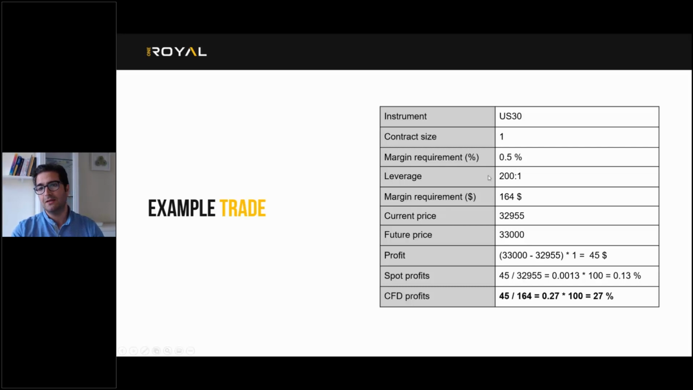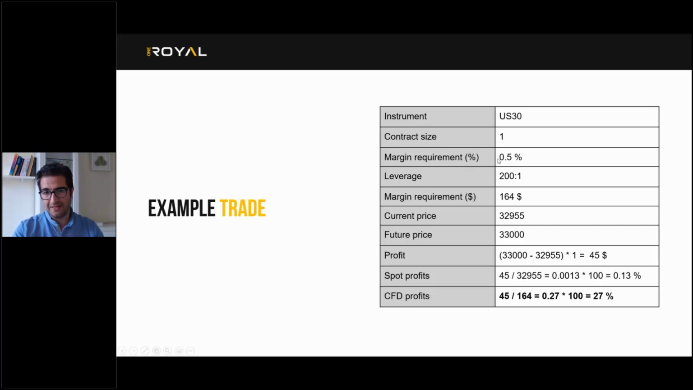And let's say this occurs and the market went up from 32,955 till 33,000. That means you made a profit of $45. Okay, so if I go to the upside here,